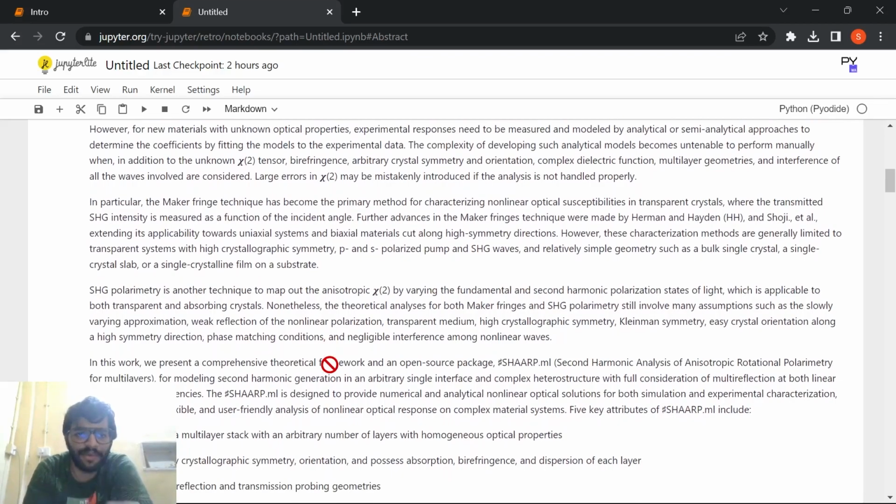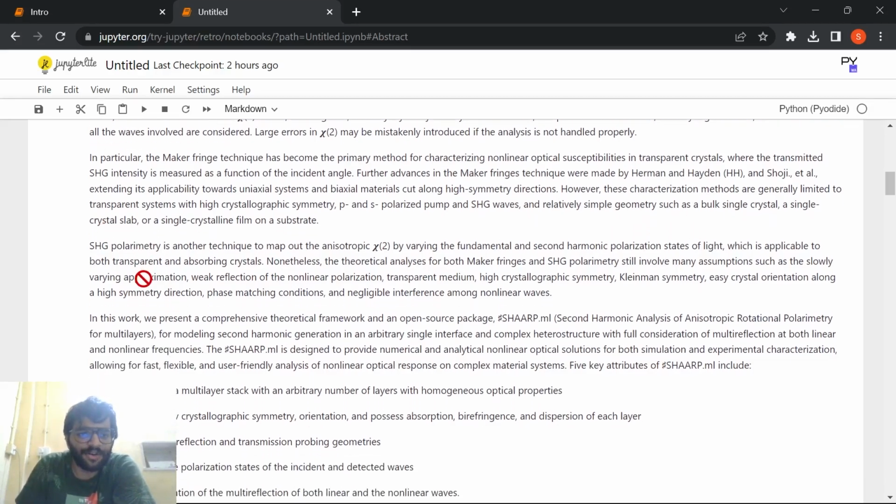In particular, currently we have the Maker fringe technique, and this has become the primary method for characterizing nonlinear optical susceptibilities in transparent crystals, where the transmitted intensity is measured as a function of incident angle. Further advances have been made, extending its applicability towards uniaxial systems and biaxial materials cut along high symmetry directions. However, these characterization methods are generally limited to transparent systems with high crystallographic symmetry, P and S polarized pump and SHG waves, and relatively simple geometry such as a bulk single crystal, a single crystal slab, or a single crystalline